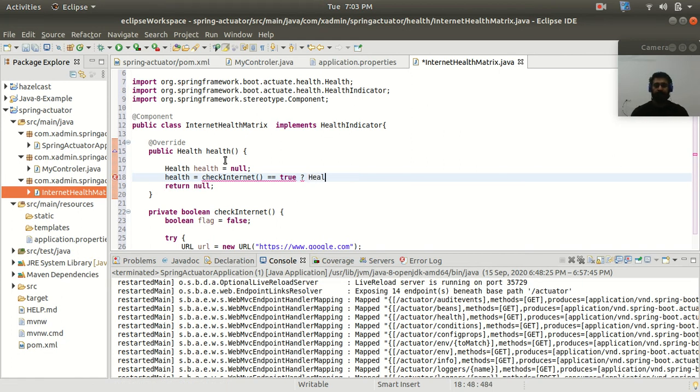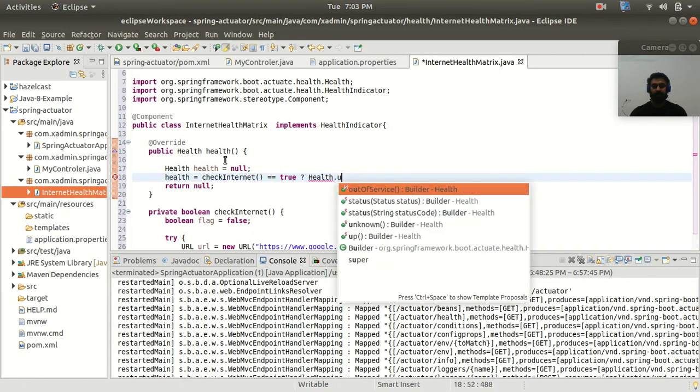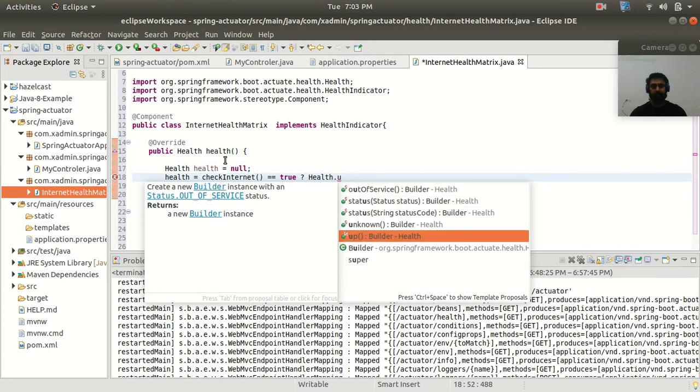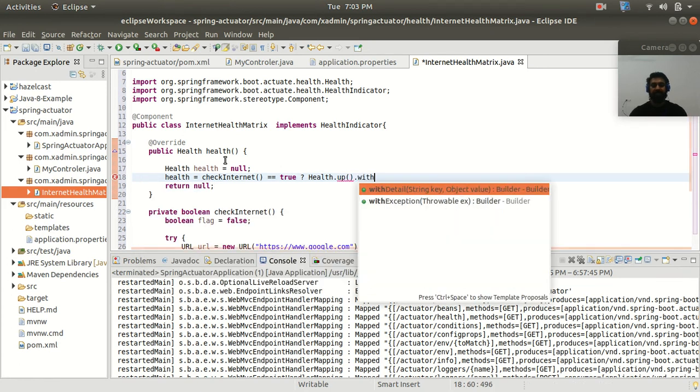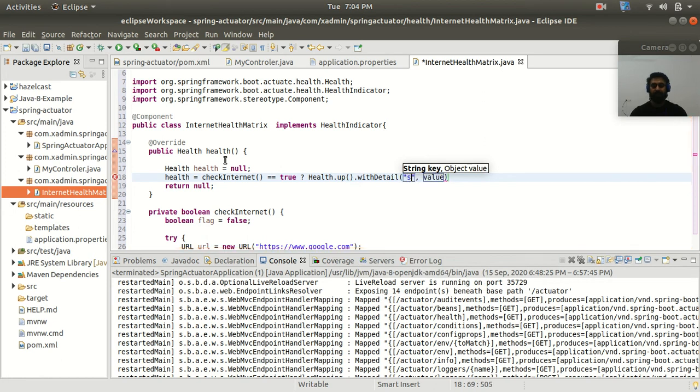So here what I will do, Health dot up method, all right, and then withDetail, here I will pass the key as success, and inside the value I will pass something like active internet connection, all right, and here I will call the build method. Now let's say that this check internet connection is returning false. It means that the internet of my local machine is not working.